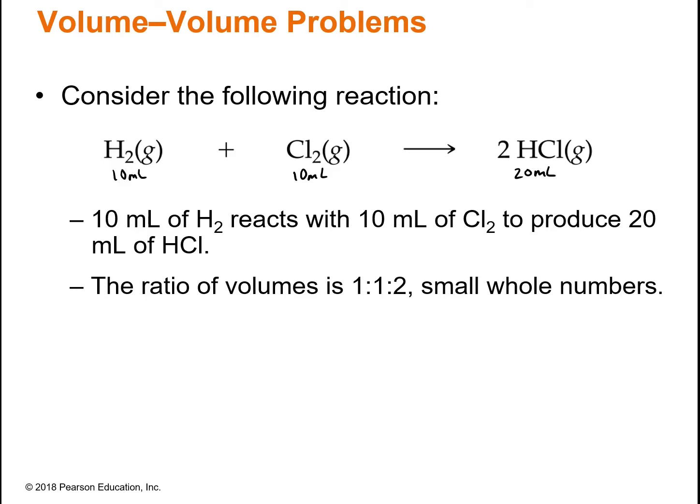So those volumes combined, and it's a small whole number ratio, 1 to 1 to 2, which is exactly what we have for our moles, right? 1 mole, 1 mole, 2 moles. We could also say 1 liter, 1 liter, 2 liters,